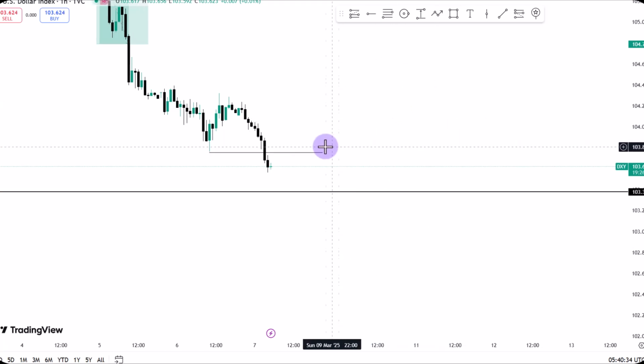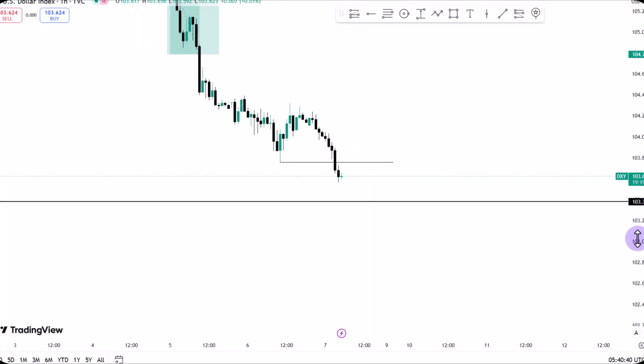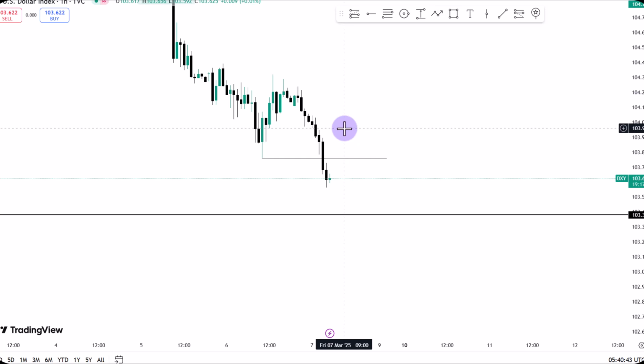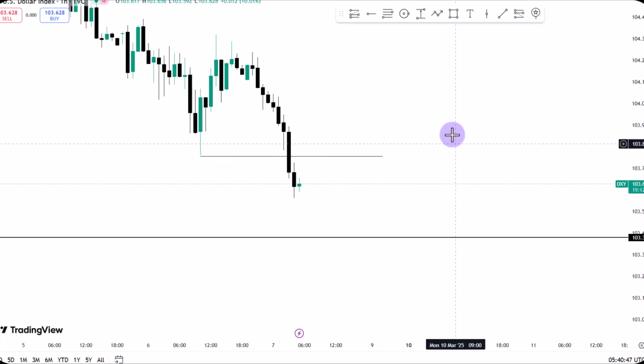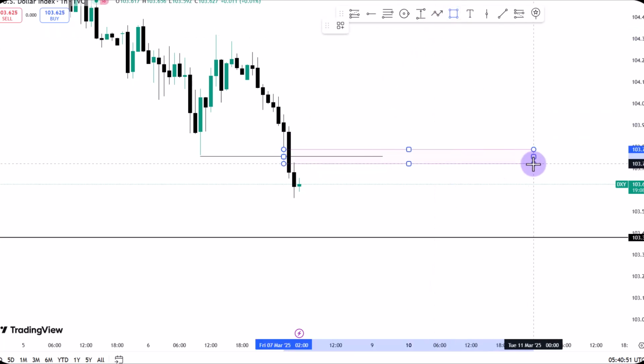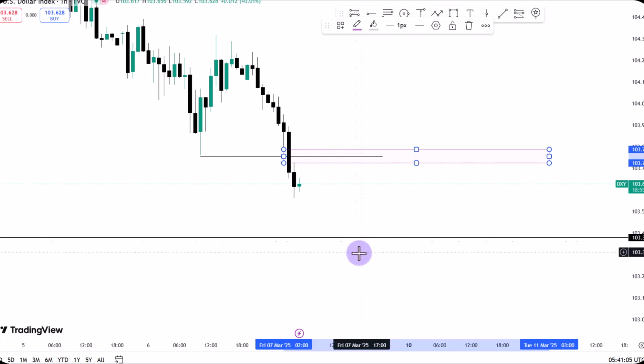All right. Now, if the dollar doesn't get into this point ahead of the NFP, then I would like to see the dollar reprice into the internal range that's been created already on the 1 hour. Then we are going to look for sells. We're going to sell the dollar into the external range liquidity. We're going to sell the dollar into the external range low here, and also the draw liquidity on the monthly. We're going to sell the dollar into that level.